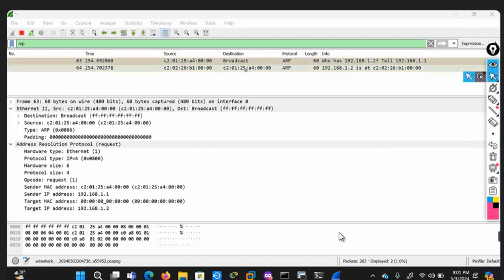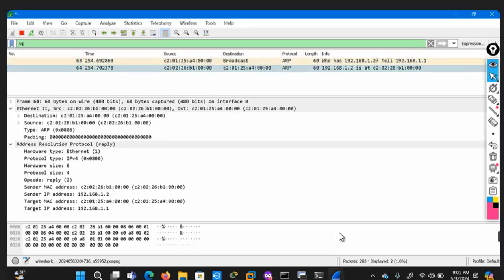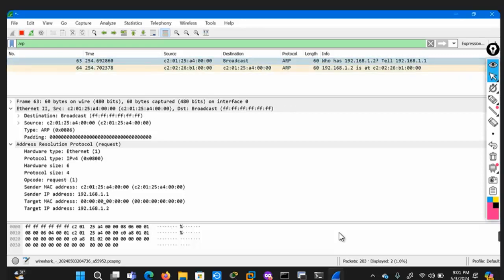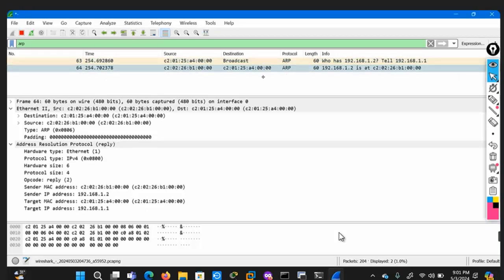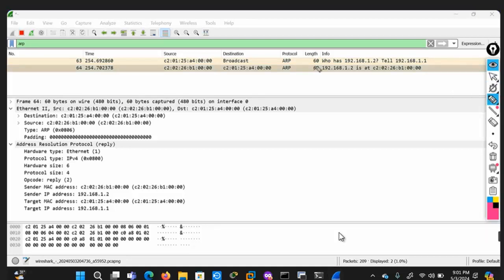So let us take the other message, the reply message. The first one is the request and the second one is the reply. We are going to study the reply packet, right? Are you getting this, guys? Is there any confusion? Please reply. No, go ahead. Okay, thank you. We're going to study the ARP reply message, okay?